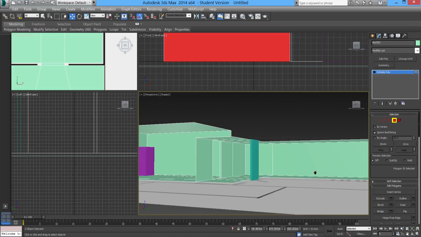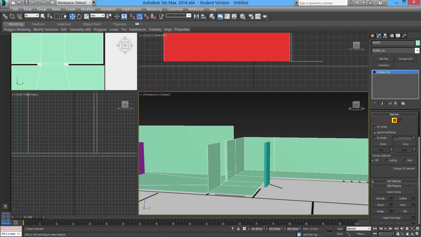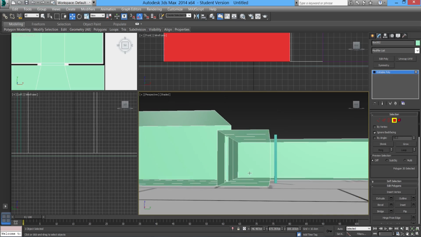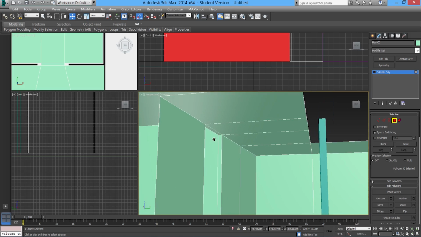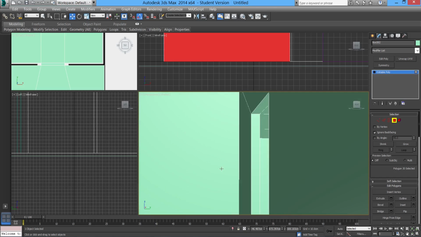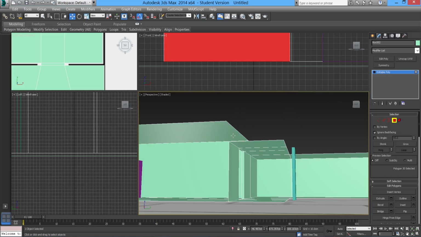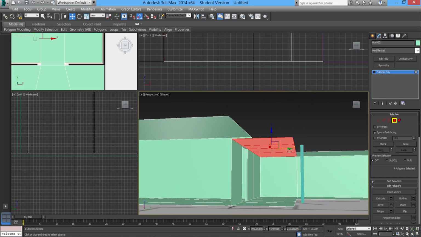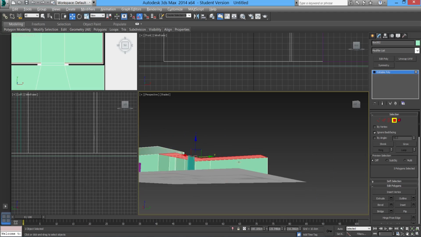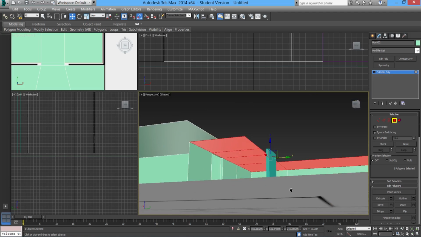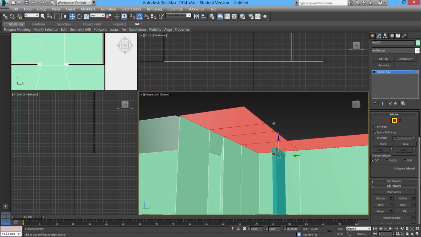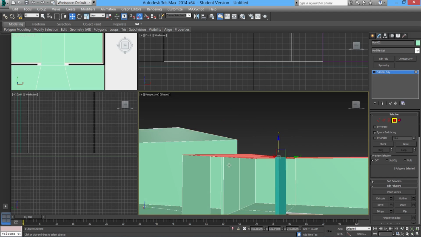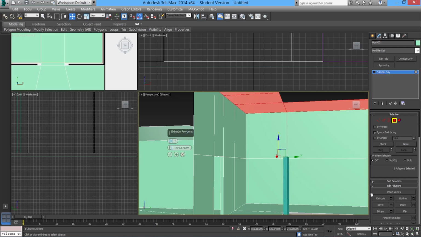Now before I move on and go back to the first room to create windows, I'm just going to tell you, you can probably notice here that this second space is really short because it's the equal height to the door itself, or to the doorway, and we don't want that. We want to make sure that it's the same height as this one. So we're going to select all the polys on the top. We're not going to move up, because what that will do, if you look at the top of the doorway just here, you definitely don't want to just move. It's going to stretch that top poly of the door, and that's a big no-no. So you're going to extrude this up